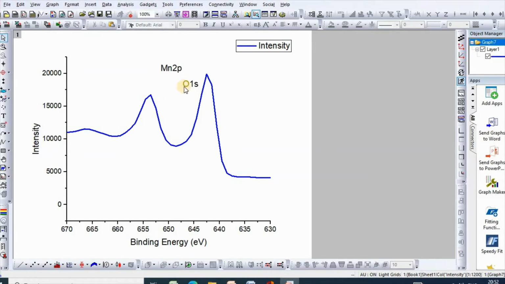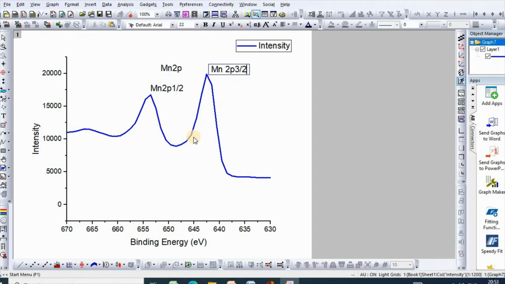So see, these are the two peaks for manganese 2p. One is manganese 2p 1/2, and another is manganese 2p 3/2.